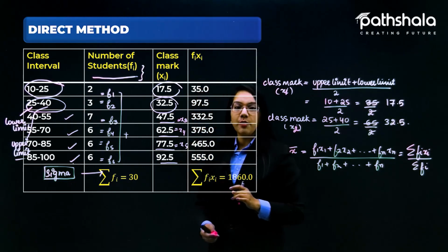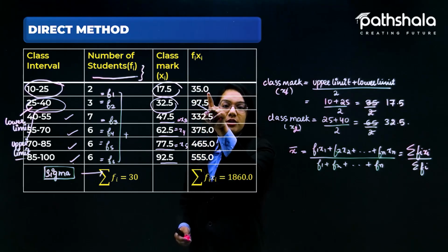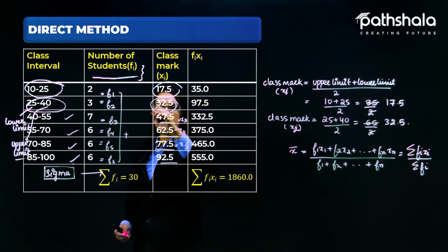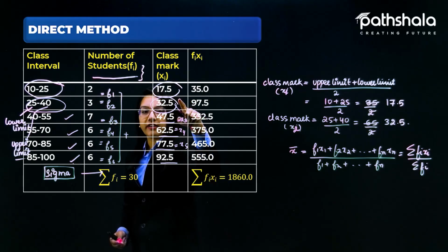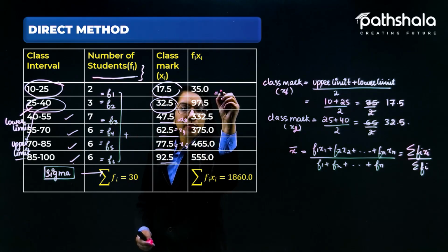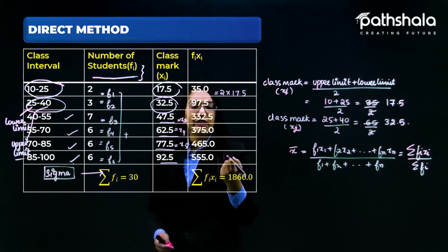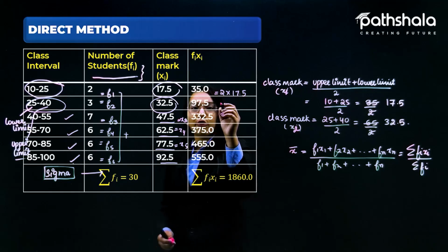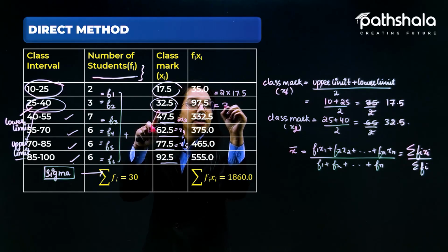So you can see over here, for the very first we have fi xi, which means we have to multiply the frequency with their class mark. So let's multiply the frequency with the class mark. We have 2 into 17.5, which is equal to 35. You can calculate it all by yourself. And for the second we have 3 into 32.5, which is